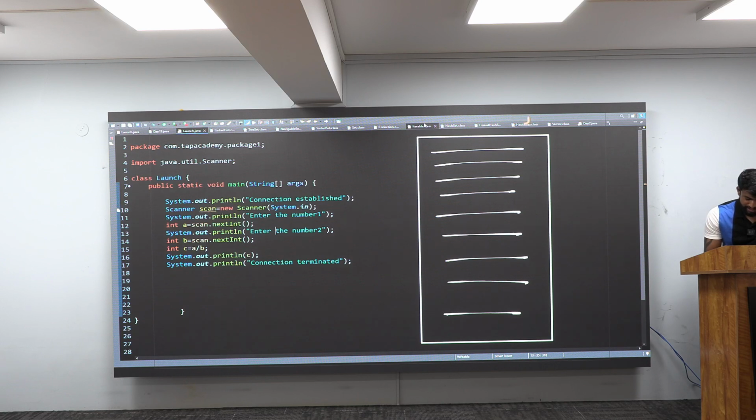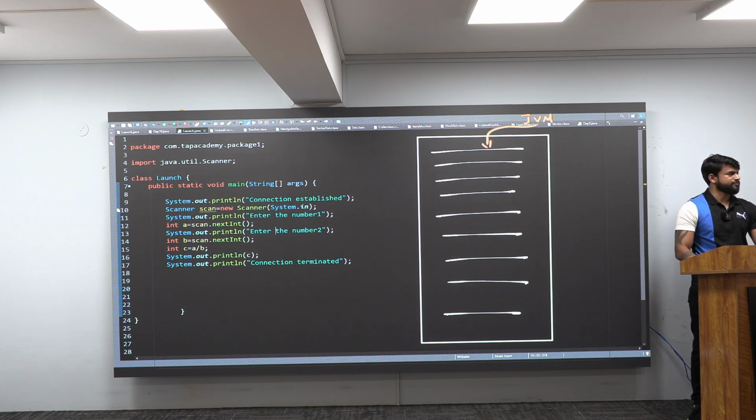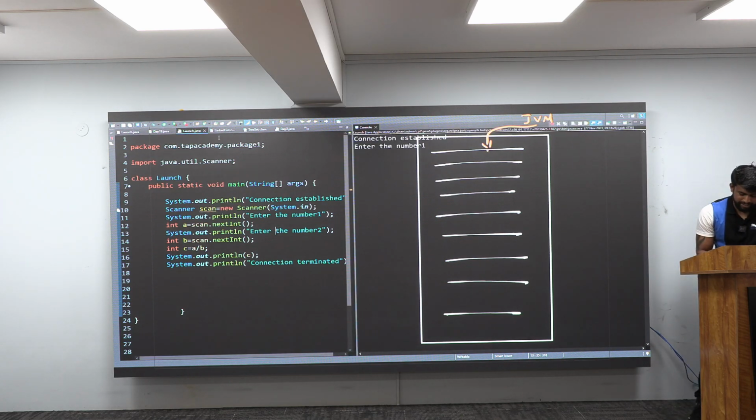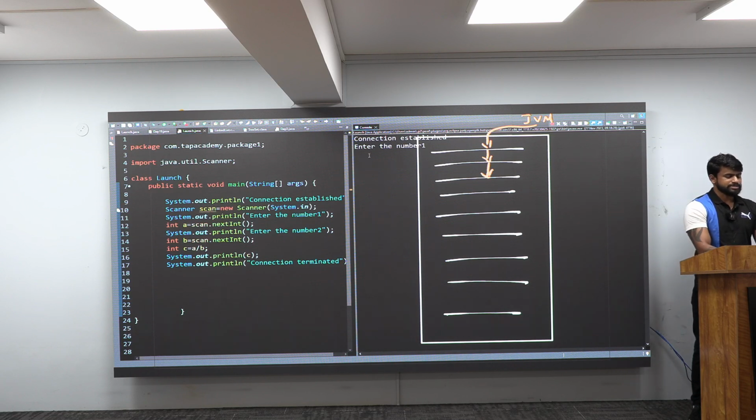So now my JVM will start executing it. How is that? Line number 1. Connection is established. Means the first statement is executed properly. It went for the next statement. Scanner. Very good. Proper. After that, "enter the number 1" it is telling. I will enter 100.